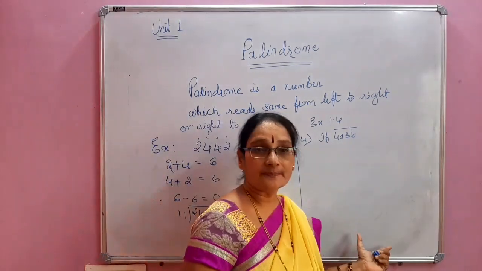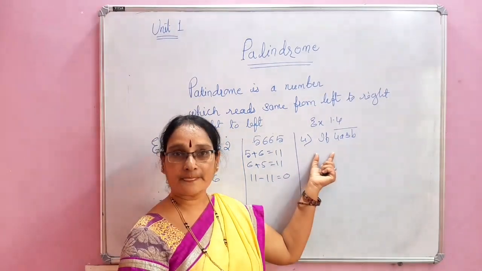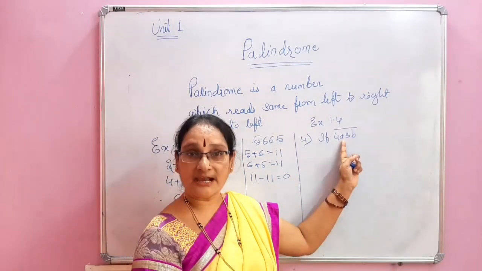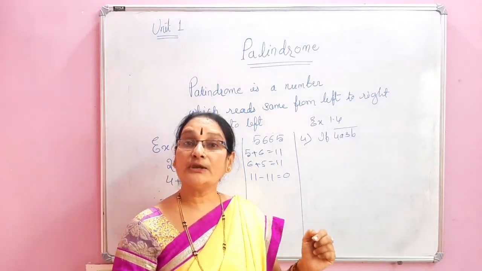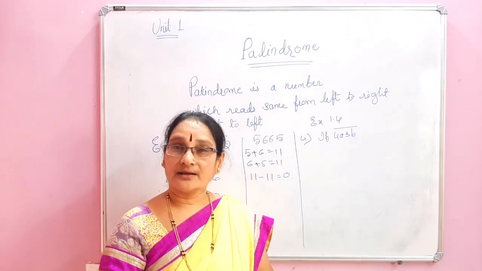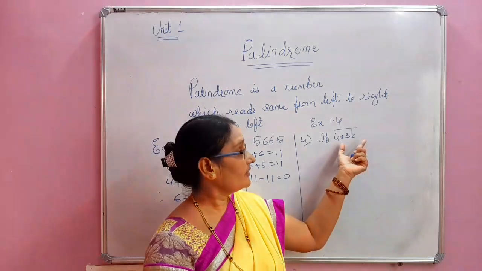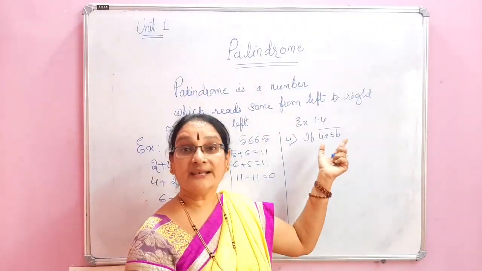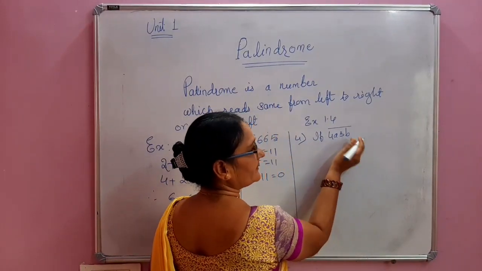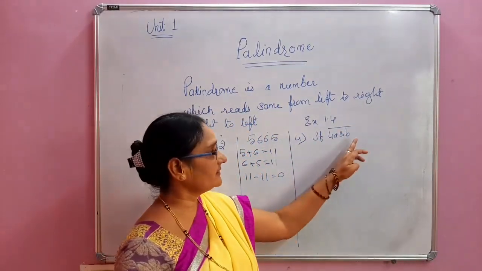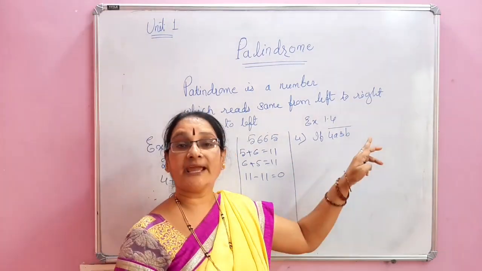Now such kinds of problems will be there. See here, in exercise 1.4 you have this problem. Here instead of giving the values, they have given a and b. Then what are the values of a and b? Which values fit here to make it divisible by 11? We will see now. 4a3b is a generalized form. You know what a generalized form is. Now what values fit for a and b? We will see.